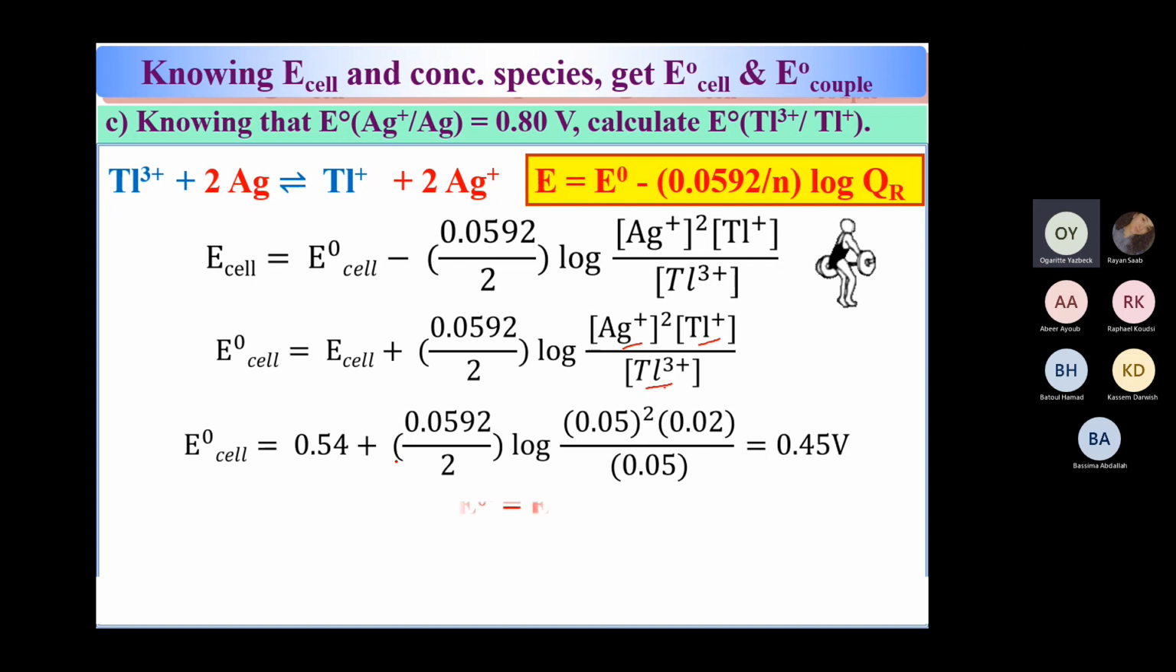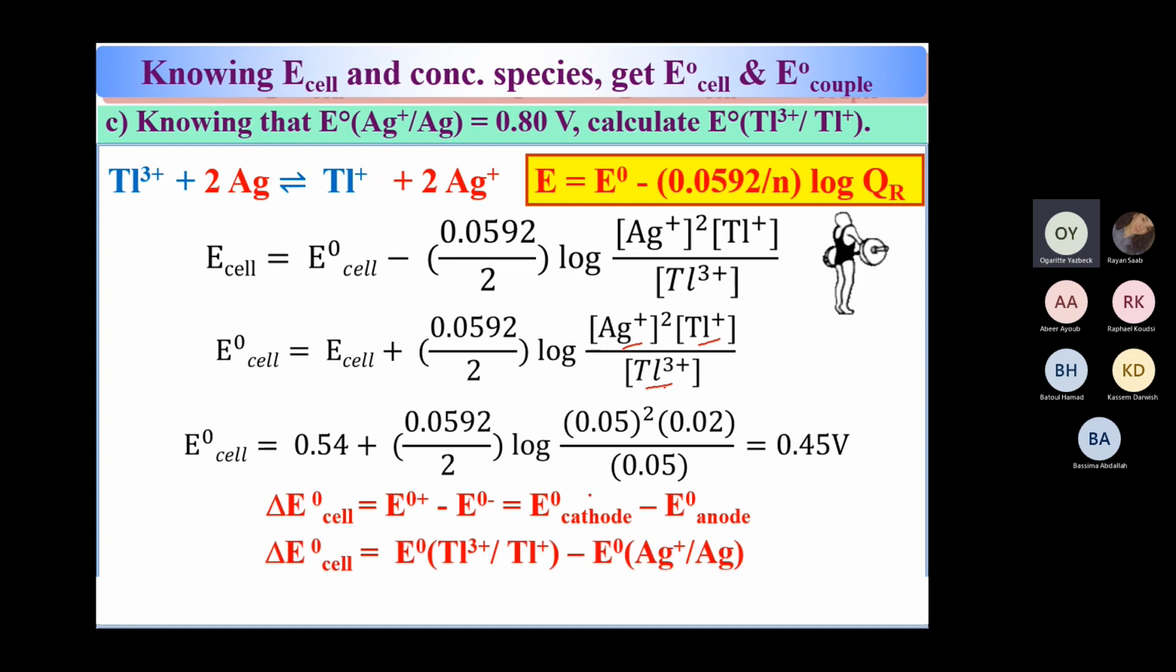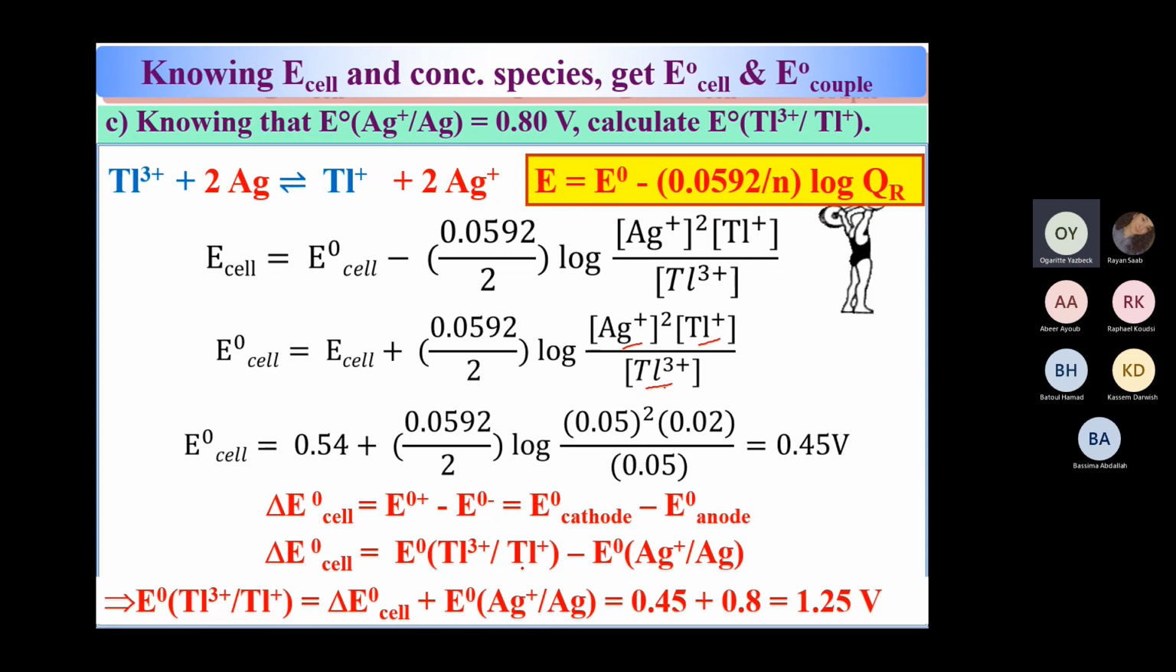And now you have the E naught of the cell. E naught of the cell is E cathode minus E anode, or E positive pole minus E negative pole. They already told you that the negative pole is your Ag. So now you're able to find the E naught of the tellurium. This is one of the ways. So E naught of the tellurium is